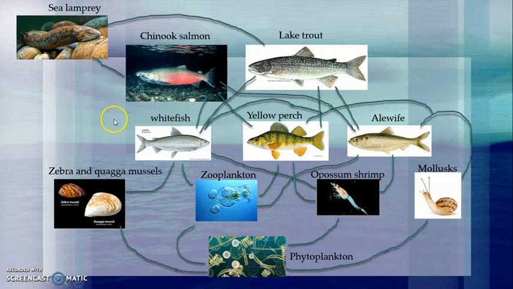So, fun facts within this food web. The whitefish recently developed a diet for zebra and quag mussels, which are invasive and affect the area. And the salmon helps keep the alewife population down because there was also an alewife problem where the population was getting really high. So the salmon helped bring the population down to its carrying capacity.